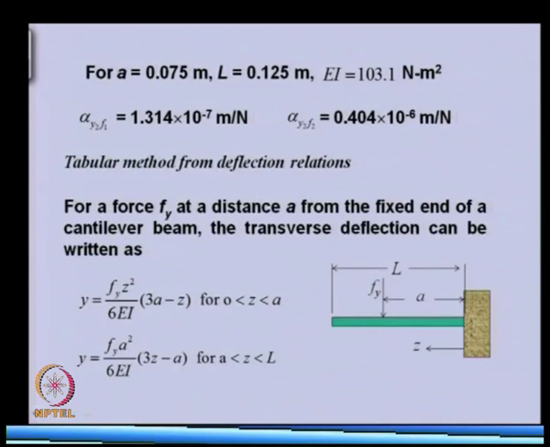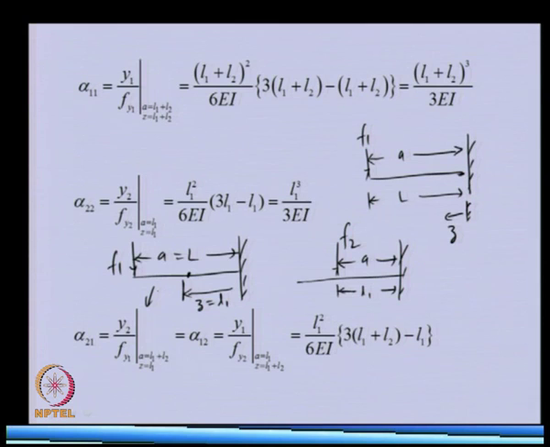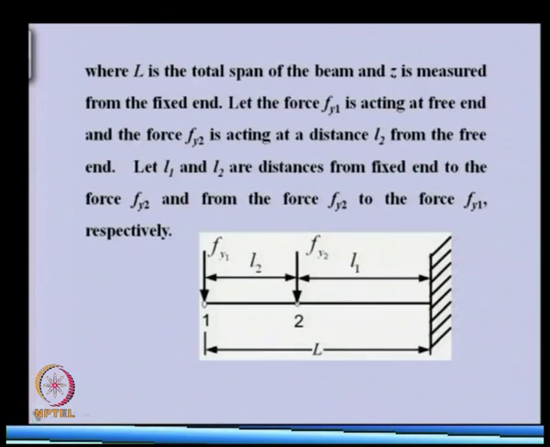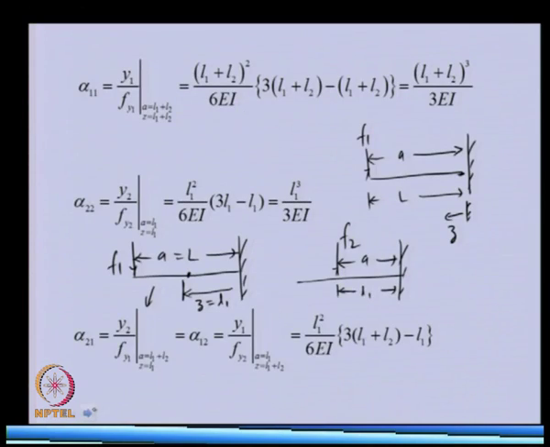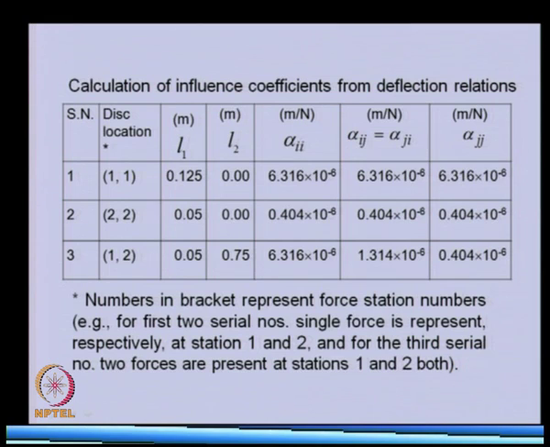So, basically we are using this equation all the time in this particular case, and we will get the expression for this influence coefficient. Similarly, this can be obtained if we apply the force at 2 and measure the displacement at 1. A will be L1 and Z will be the total length of the shaft, and that will give the same expression. So, now you can see that from the basic formula we have obtained the influence coefficient of the 2 mass system, but it can be extended for an n mass system also,